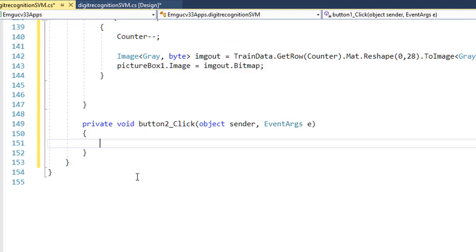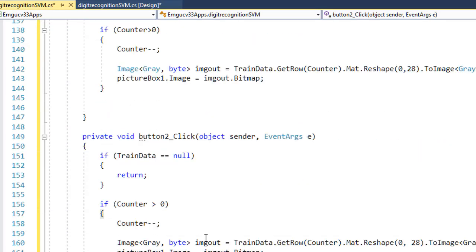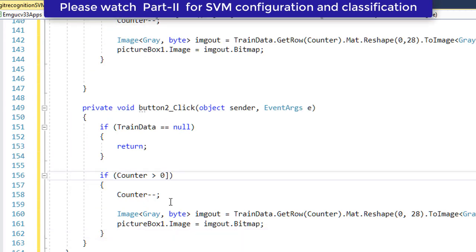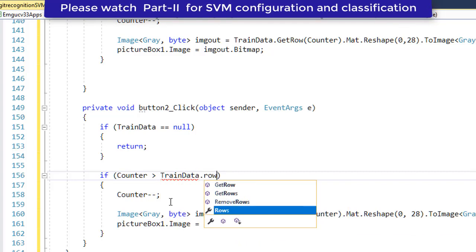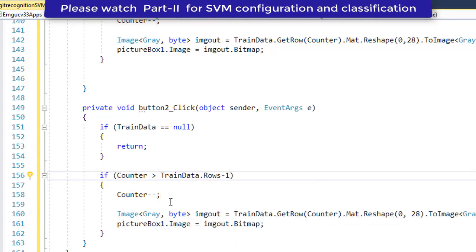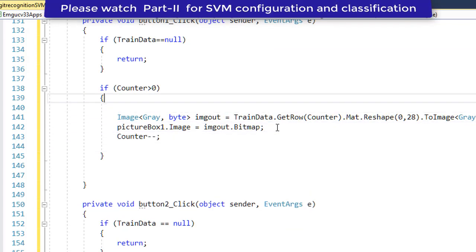And for the forward, we can do the same thing, and here train data dot rows minus 1, and here I do plus plus. Then maybe I can put the check over here, and then maybe equal to